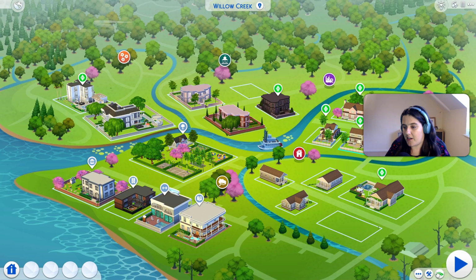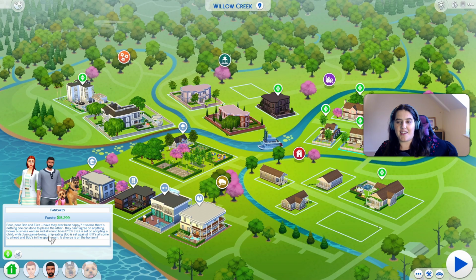Then let's go into the iconic Pancakes household. I'll read you their description first because it kind of explains why the house looks a certain way. Poor Bob and Eliza, have they ever been happy? It seems there's nothing one can...